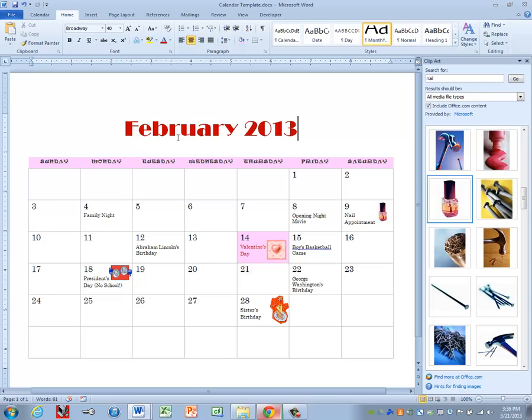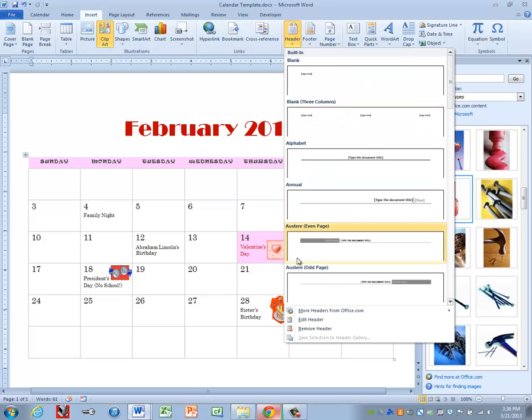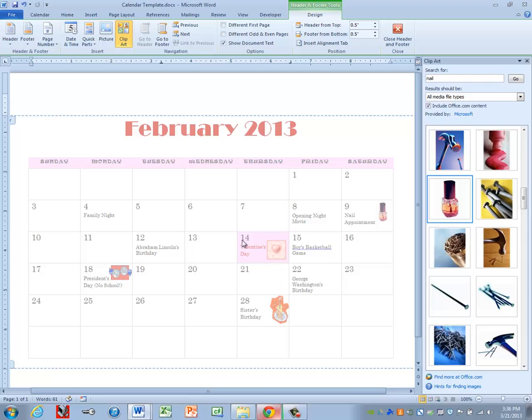We also want to make sure that we have our name on this, so let's go ahead and add a header. So we're going to go to our Insert tab, and then go to the Header and Footer group and the Header button. Then we're going to go all the way down to Edit Header. That puts us up above our document. We're going to put in our name, press Tab, and then we're going to put in our class period, and then Tab,